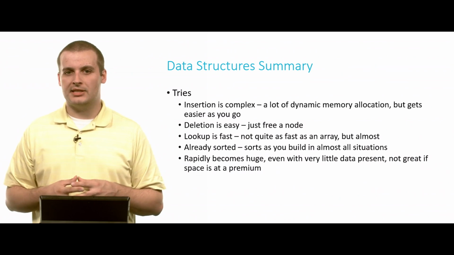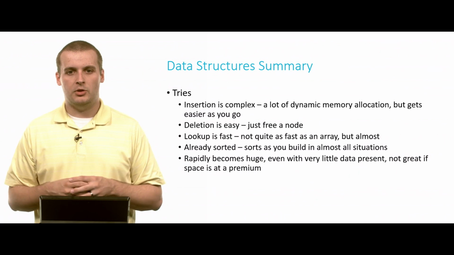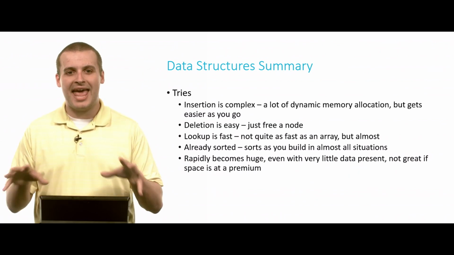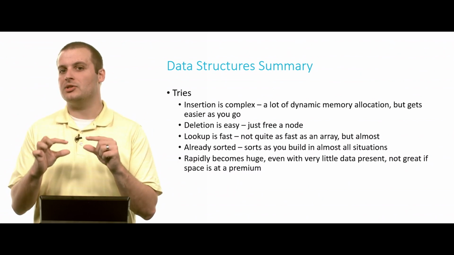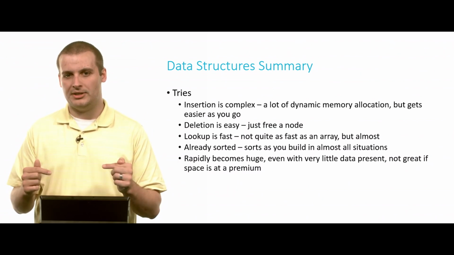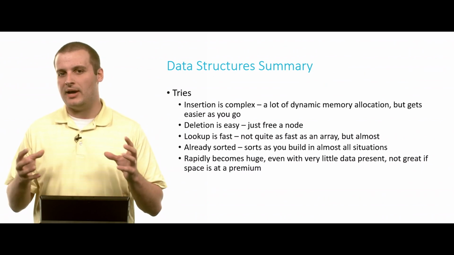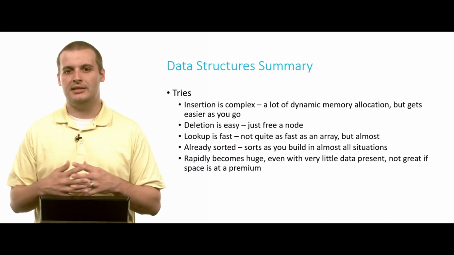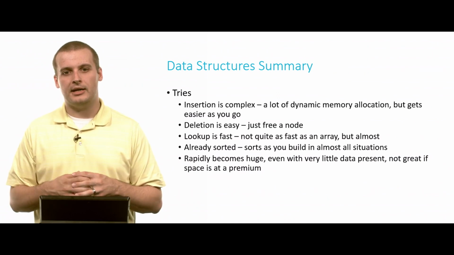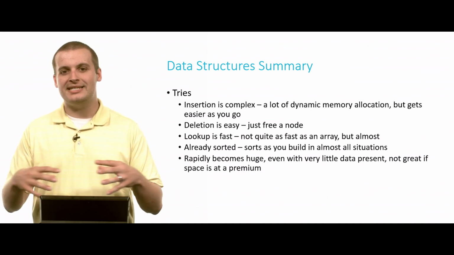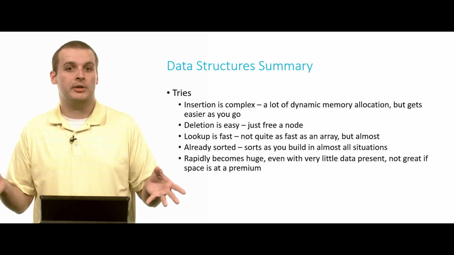The downside, of course, is that a trie rapidly becomes huge. From every junction point, if your key consists of digits, you have 10 other places you can go, which means that every node contains information about the data you want to store at that node, plus 10 pointers, which on CS50 IDE is 80 bytes. So it's at least 80 bytes for every node that you create, and that's not even counting data. And if your nodes are letters instead of digits, now you have 26 pointers from every location. And 26 times 8 is probably 200 bytes or something like that.